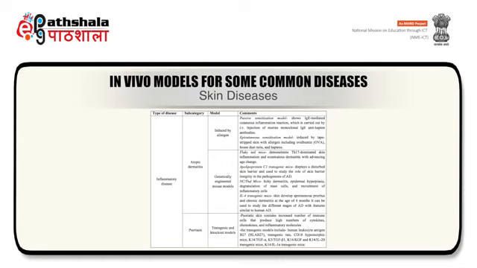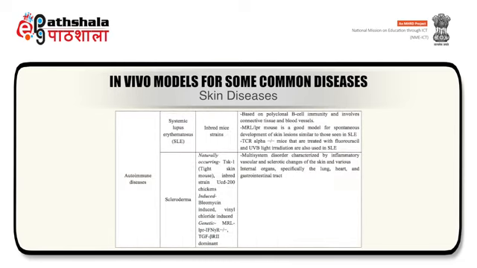The first type of skin disorder is inflammatory disease, which is further subcategorized into two types, atopic dermatitis and psoriasis. Atopic dermatitis can be induced by allergen or by genetically engineered mouse models. For induction by allergen, the passive sensitization model and epicutaneous sensitization model are used. For the genetically engineered mouse models, flaky tail mice, apolipoprotein C1 transgenic mice, NC/Nga mice and IL-4 transgenic mice can be used. For the induction of psoriasis, transgenic and knockout models are used.